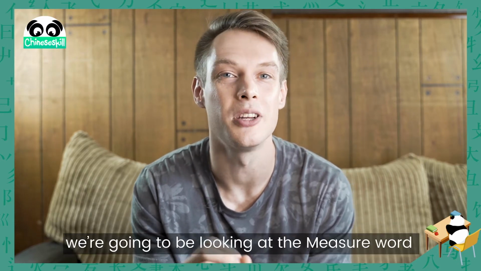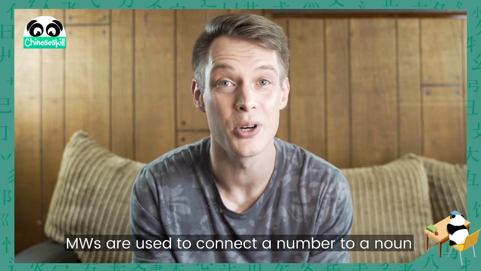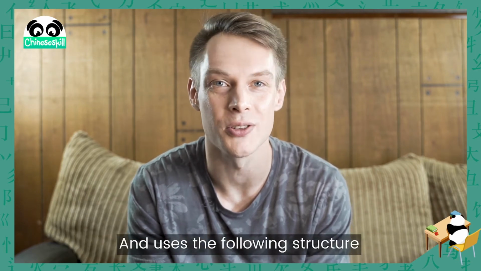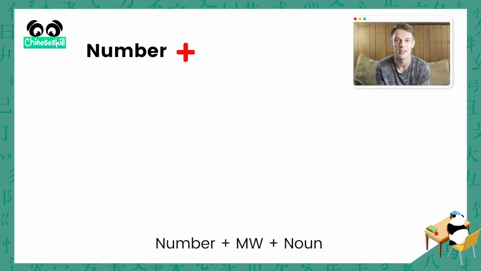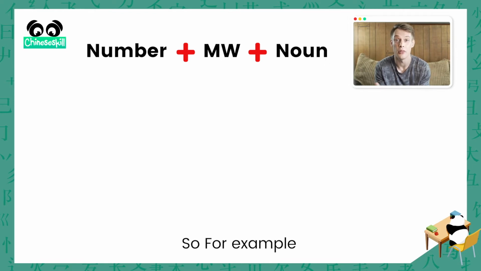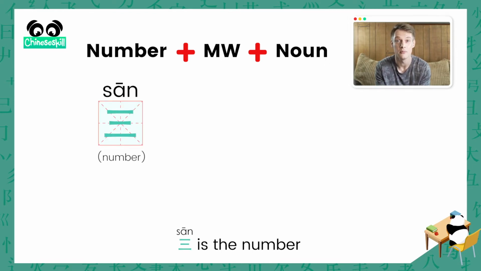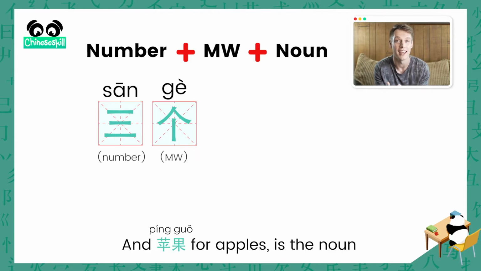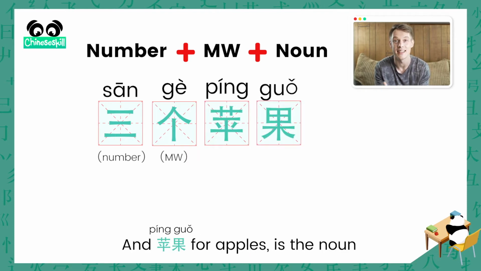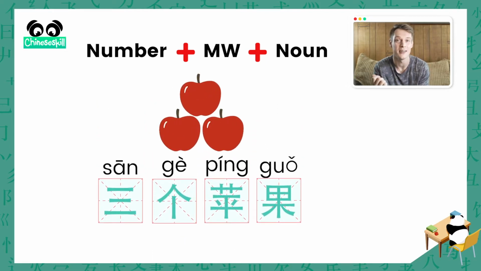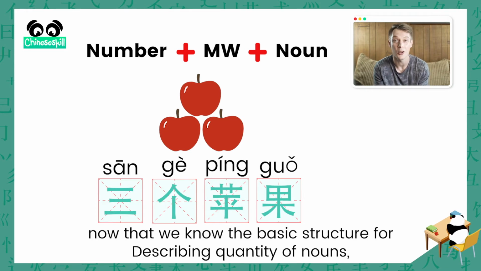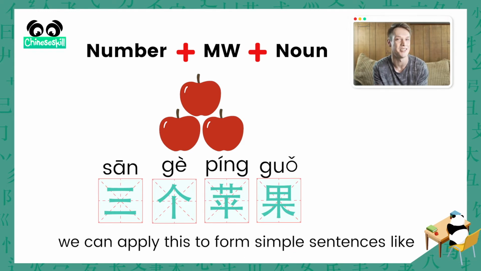And for this lesson, we're going to be looking at the measure word 个. Measure words are used to connect a number to a noun and use the following structure: number plus measure word plus noun. So for example, 3 apples. 三 is the number, 个 is the measure word, and 苹果 for apples is the noun. 三个苹果。